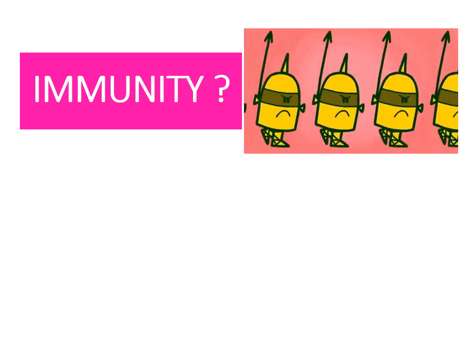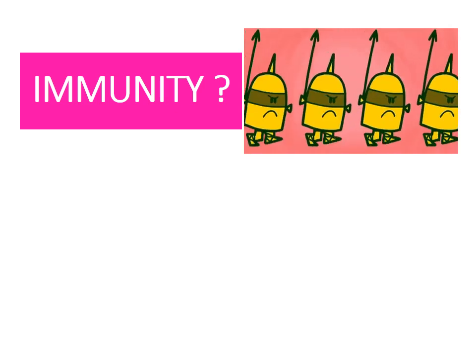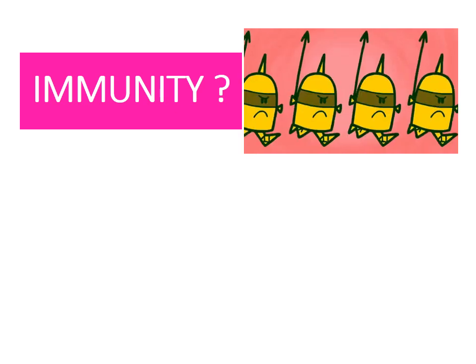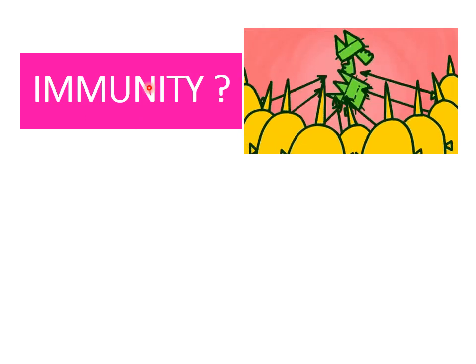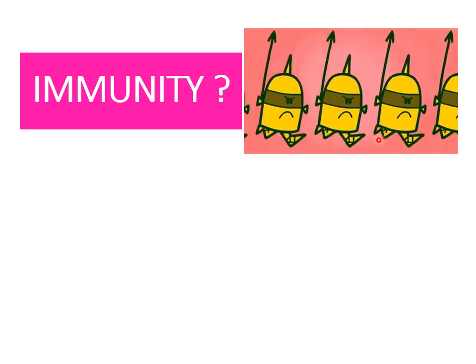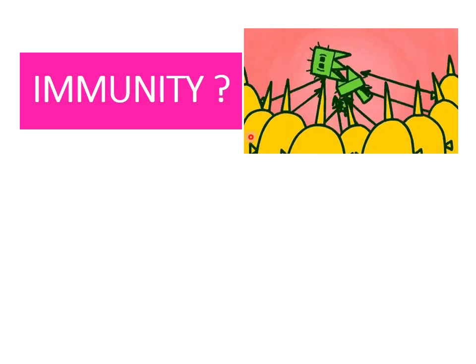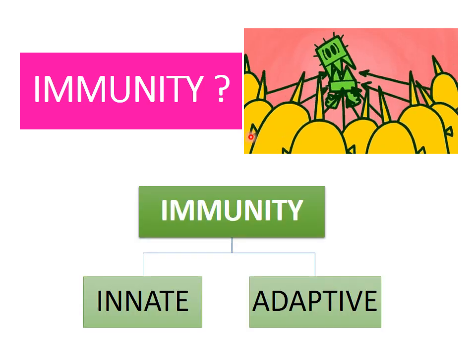What is immunity? The human body has the ability to resist all types of organisms or toxins that tend to damage the tissue and organs. This capability is called immunity. So it protects the host from invading pathogens and eliminates the disease. So basically it provides the protection. It is a system that provides protection against any type of foreign pathogens. This protection is provided by the collaborative effort of the innate and adaptive immune system.